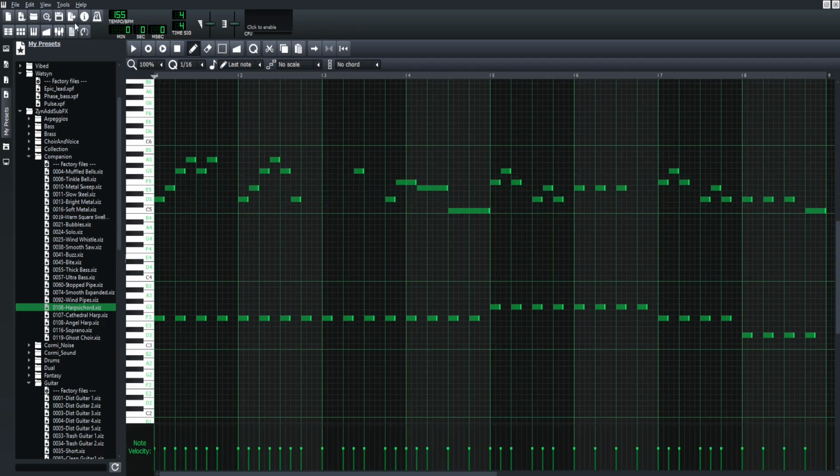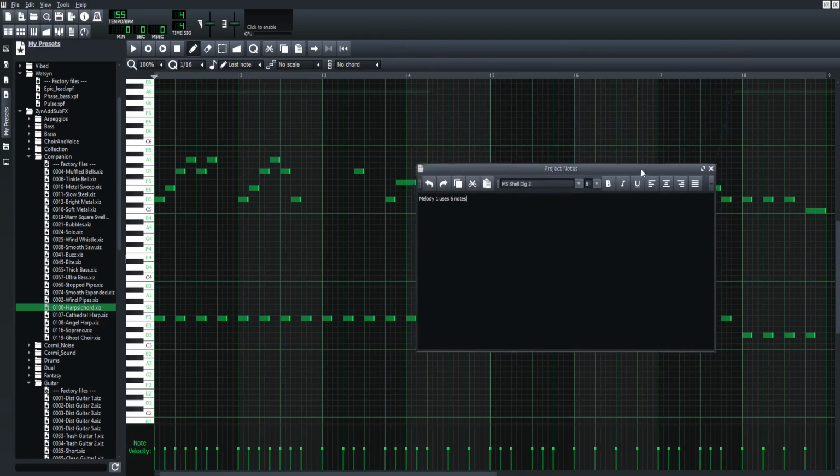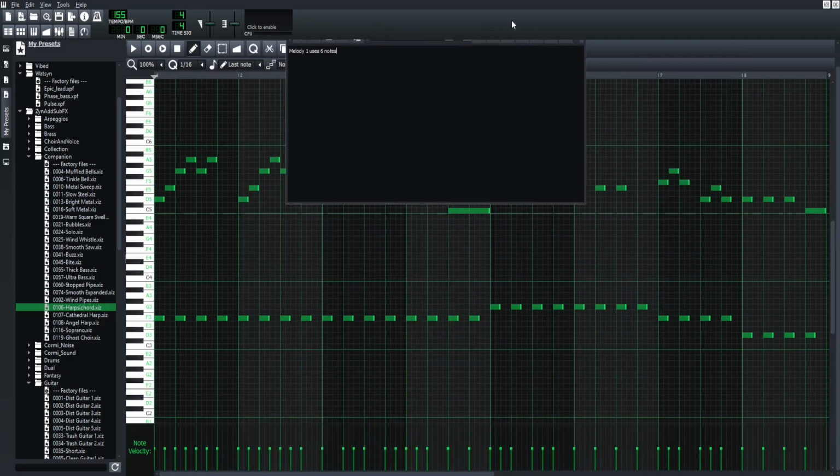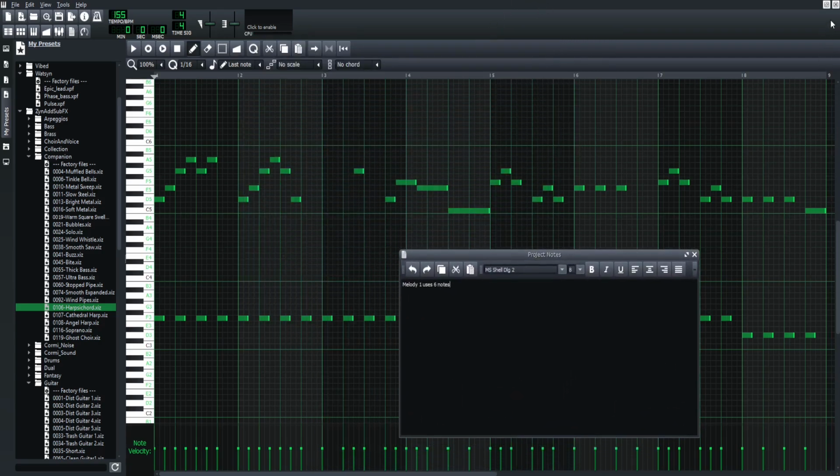So this melody uses 6 notes, which is interesting. Yeah, I wasn't even sure how many notes it was, but anyways,